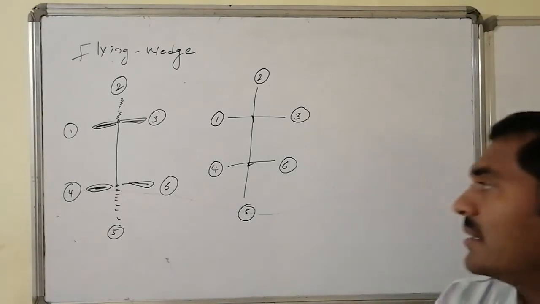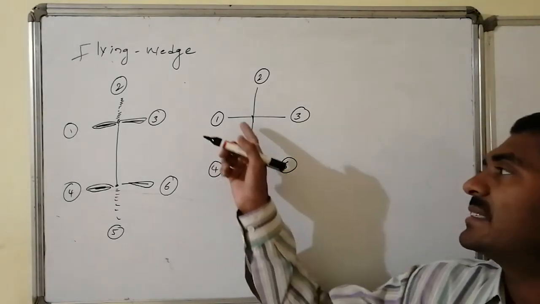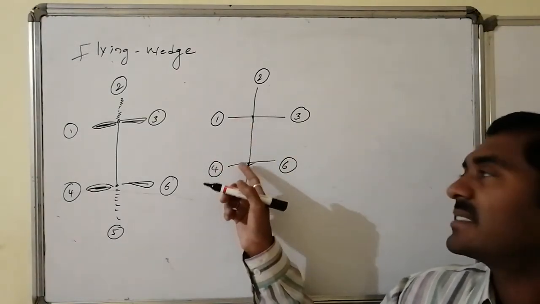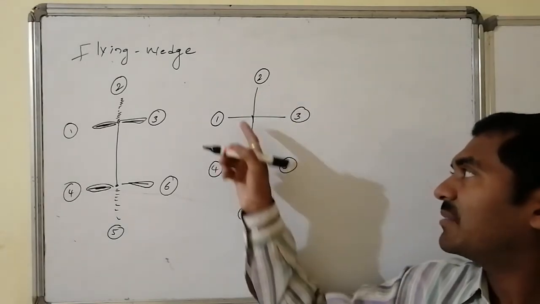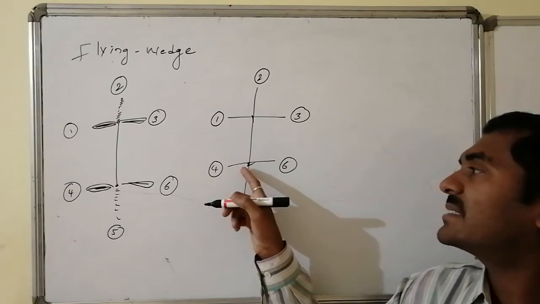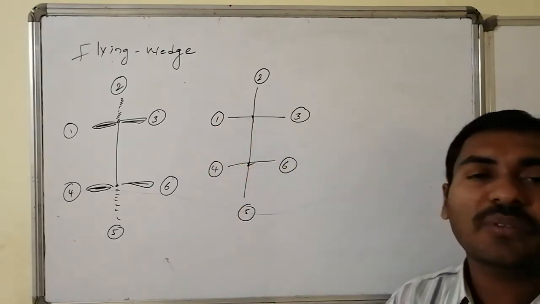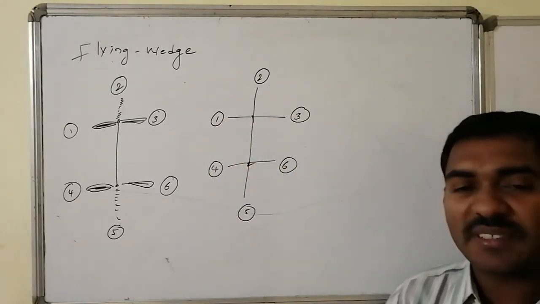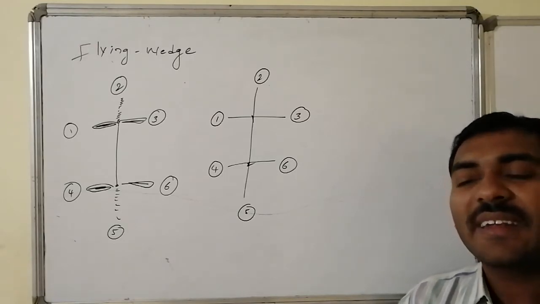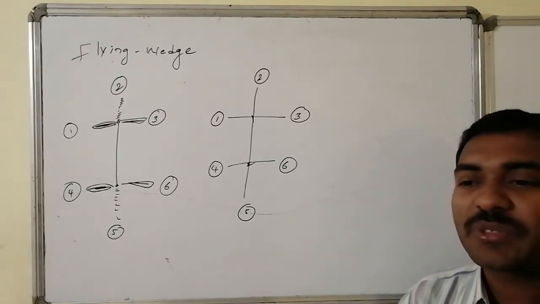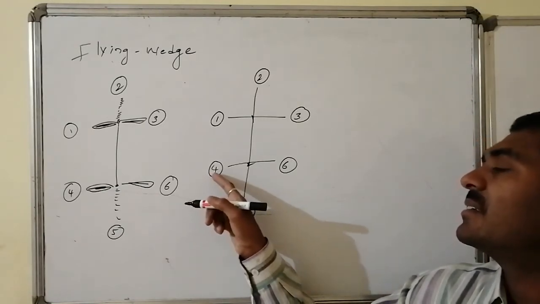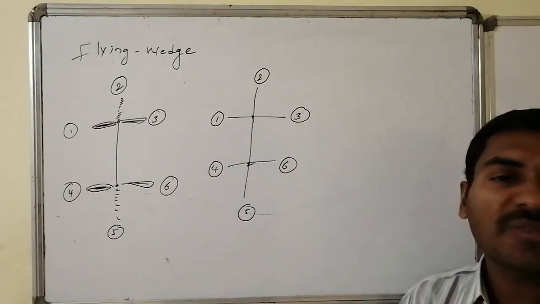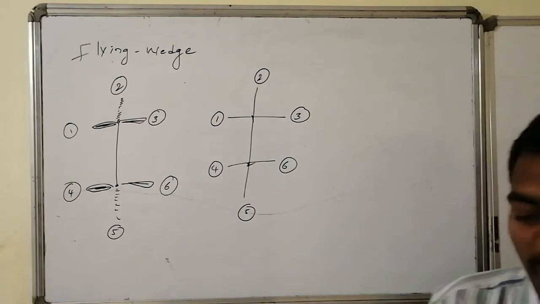Yes. And here that angle is like this, it is an eclipsed angle, 0 degrees is the angle. With respect to C1 and C2, a 0 dihedral angle is present. Only 0 dihedral angles, and suppose if other groups are there, this dihedral angle will become 120 degrees here, and in this direction it becomes 120 degrees, no other angles are possible.